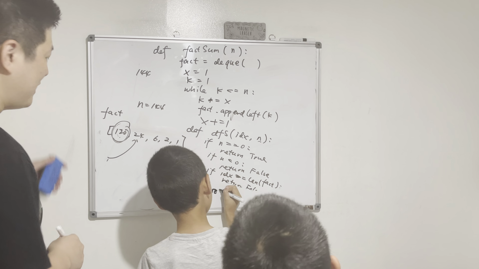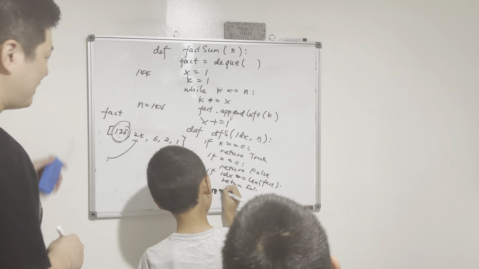X plus 1. No, there's no x. Come on, it's different. Depth search what? Index. Yeah. Index means plus 1. Means that I want to try the next one. Yeah. And then if pick or not pick, n minus